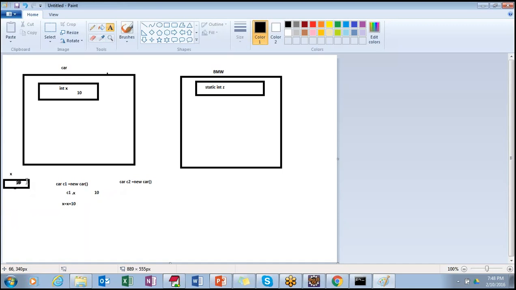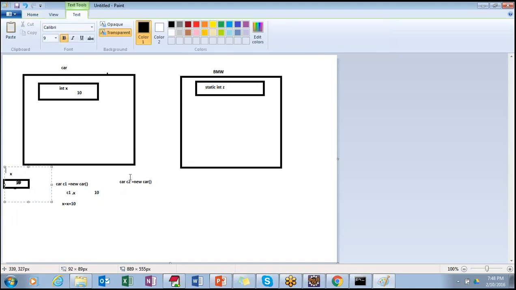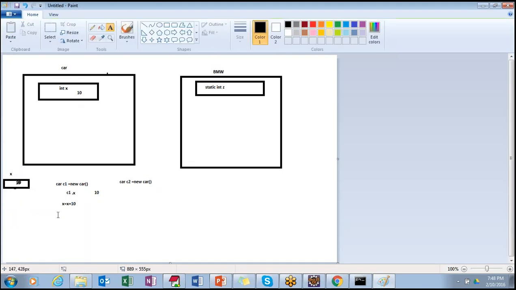Even though this is allocated here, because this is created again, memory would be created again for x with 10. We differentiate this x and this x with c1 and c2, so they take the correct memory and always show you the computed value. We know this x we call with c1 and this x we call with c2, and the memories would always be different because we are referring with a different object.